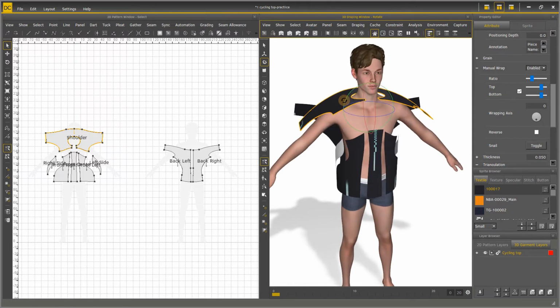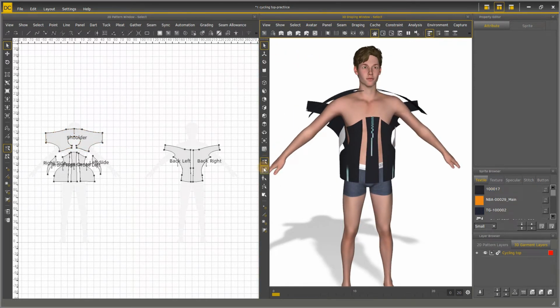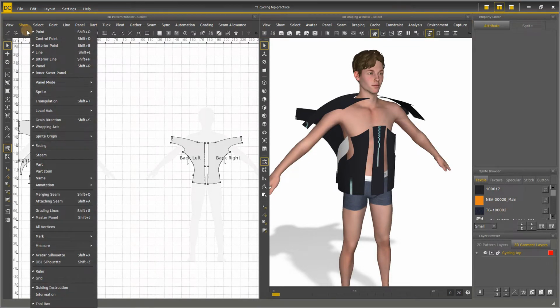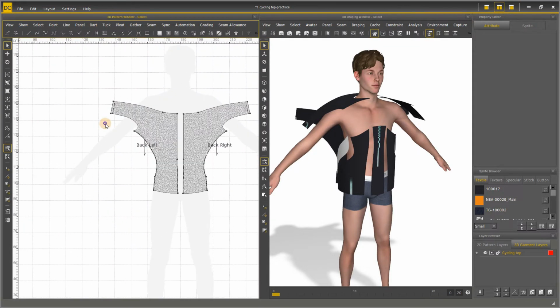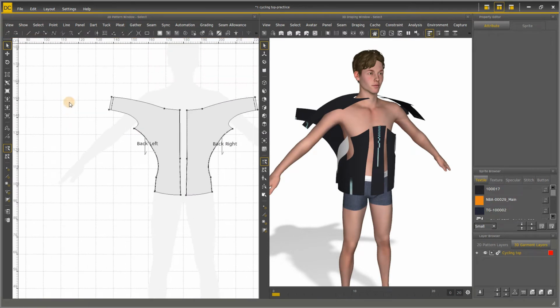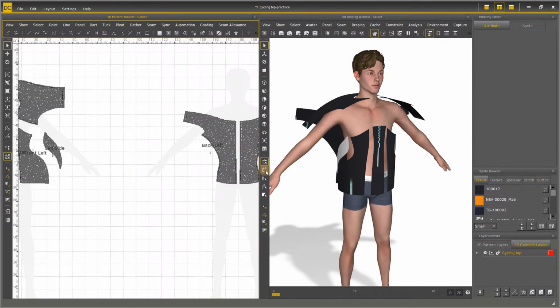After doing manual wrap, we can use the vertex selection mode to arrange the most difficult part. In DC Suite, the panels consist of triangular vertices, and we can use them to do manual manipulation in the 3D environment. Vertex selection mode is in both the 2D and 3D windows.